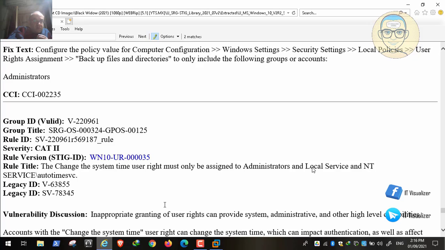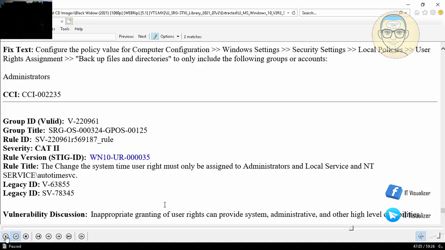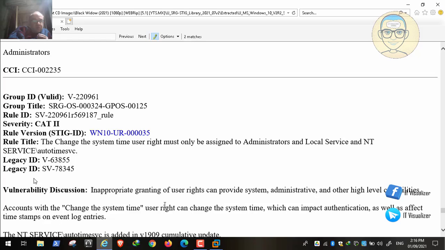So the ones allowed to change the system time are Local Service and NT Service, which are two Windows system users, and the administrators, the group whose members are local administrators on the machine. And of course the domain admin can change the system time because he is a member of the local administrators group on every machine in the domain. So we can do this.